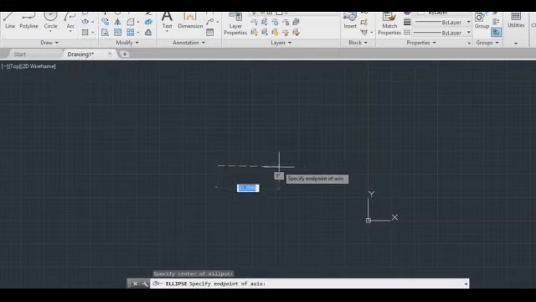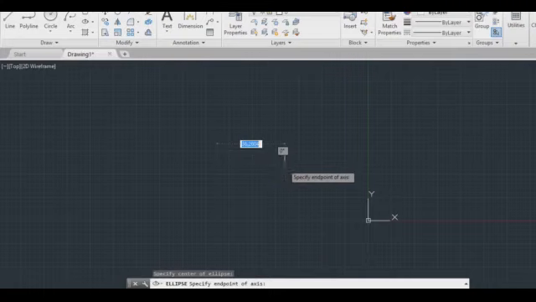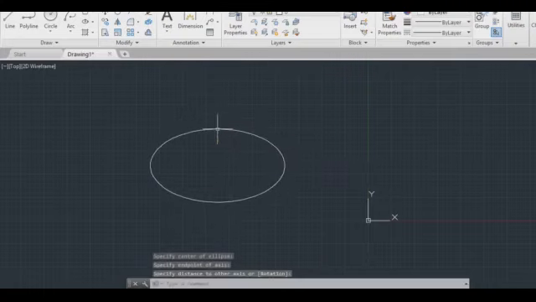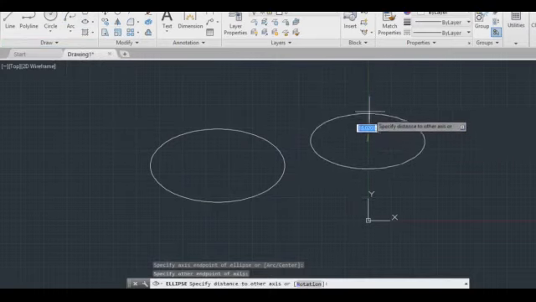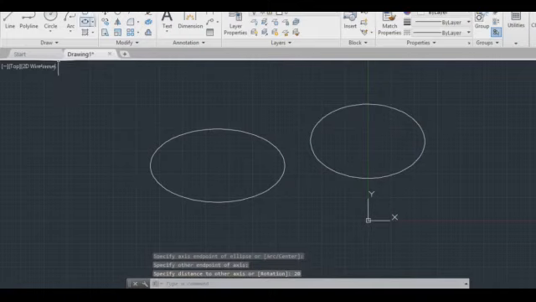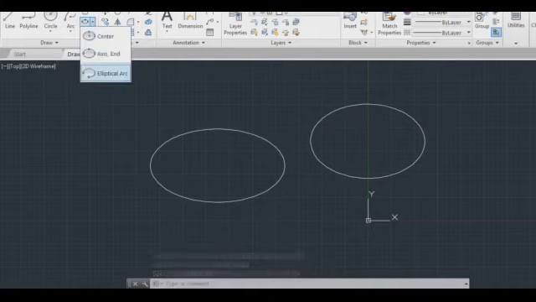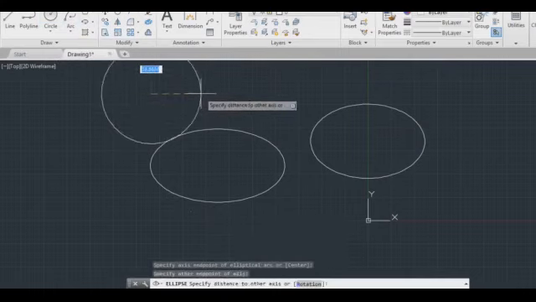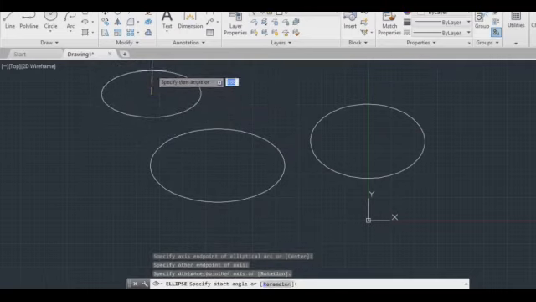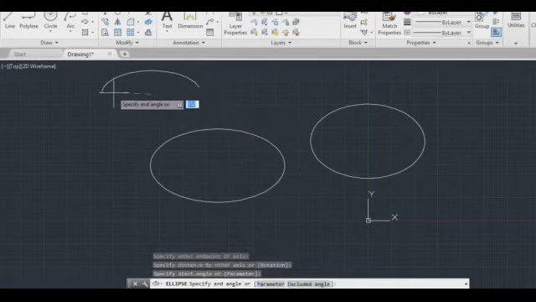Next we have ellipse: center point and the axis end point. You can give the major radius and minor radius, center ellipse. Next we have axis end. Axis to axis you should give, and then the minor axis end. Major axis starting and ending point and then the minor axis end point. Next we have elliptical arc. For that you should specify the axis end and the minor radius. Then you can specify the start point and give the angle. This is about a partial ellipse.